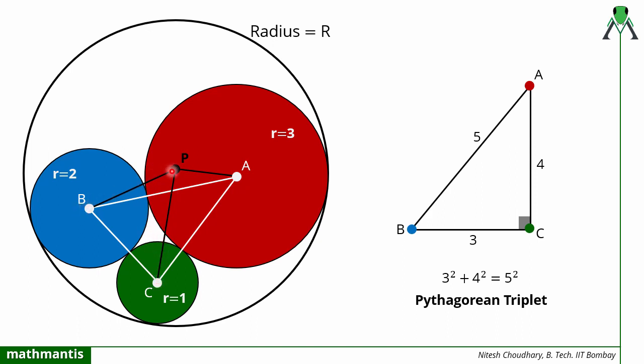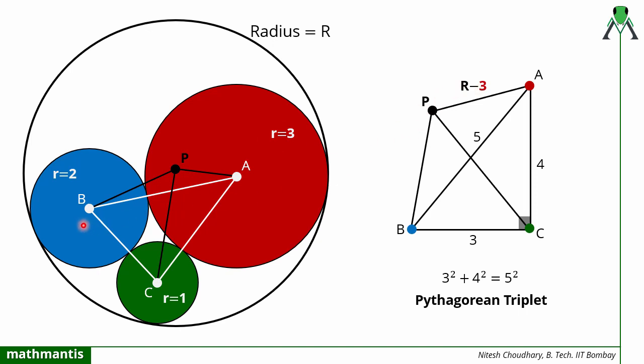So these three lengths I can easily define. So let me draw the figure here also, PA, PB and PC. So if I define the PA length, what will that length be? If two circles touch each other internally, the distance between the centers of the circles is nothing but the difference of their radii. So the bigger circle's radius is capital R, the smaller is 3. So PA is definitely capital R minus 3.